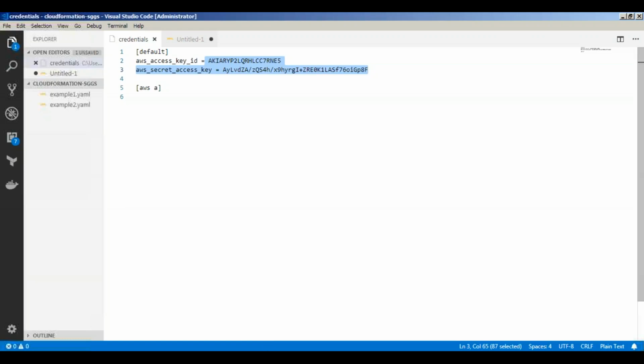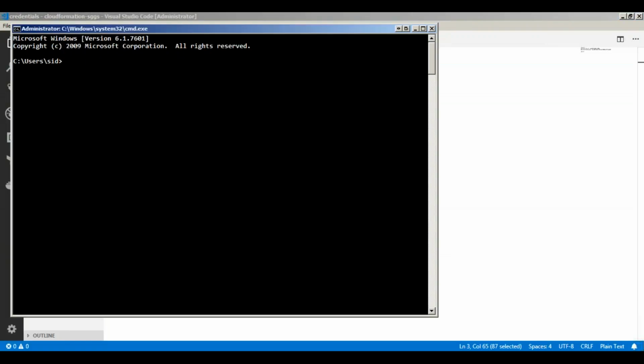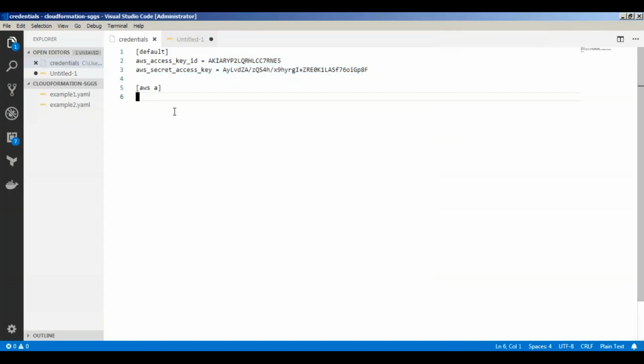And another thing is you can create profiles. If you are using the CLI with different AWS accounts, here I have configured one account. Now say you are using 3 accounts. Every time you want to execute a command with a different account, again you have to say aws configure and provide that other account's access key, and it will get overwritten. So instead of that, you can save multiple accounts as profiles.